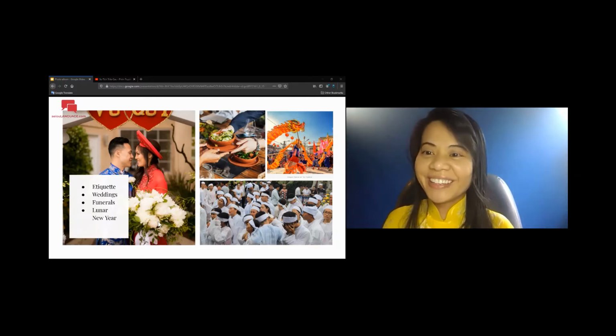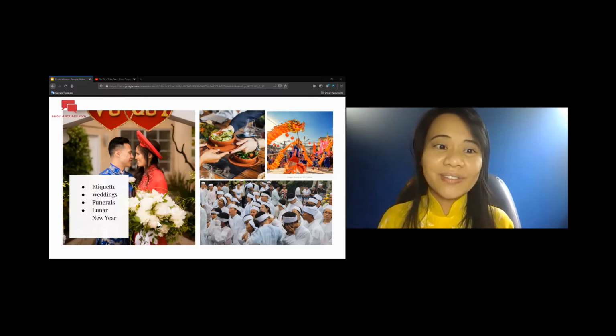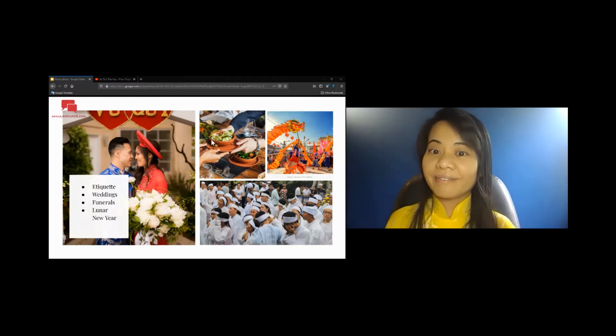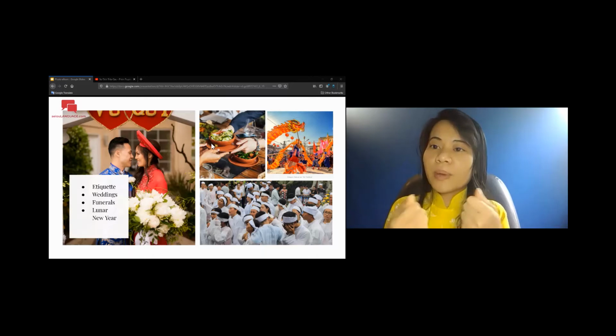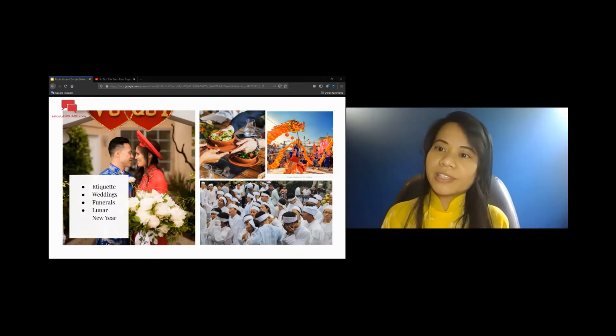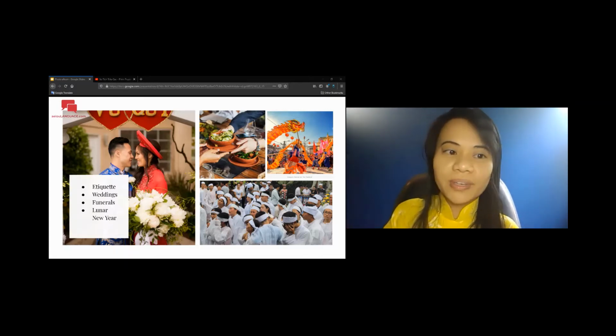So as you can see here, you have the bride in red. Have you ever thought why? What do you expect the bride to wear? But here you see the bride wearing red. Is there a reason for that? This picture here, social and dining etiquette. What does it mean? How does passing things with both hands represent respect? And these two pictures, the Lunar New Year: why is there a dragon? What does that represent? And also funerals. You see that they're wearing white. What do you usually expect? Probably a different color, right? But here they're wearing white. So that will be discussed in the class in June, but today we will focus on